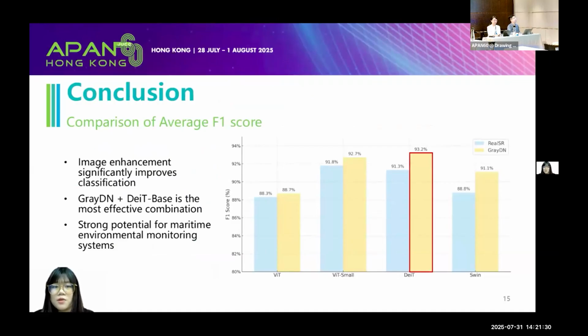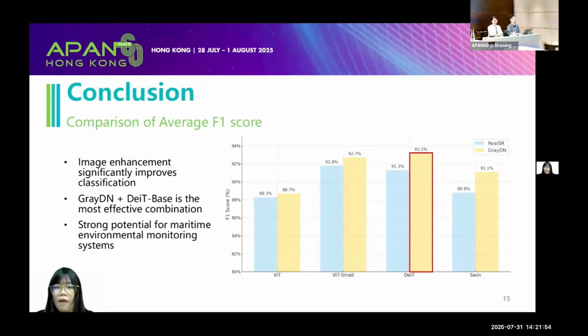Among the two enhancement strategies, gradient consistently performed better than RealSR, especially when it came to preserving the structural integrity of the image, which is critical for detecting complex features like lookalikes or small oil spill traces.